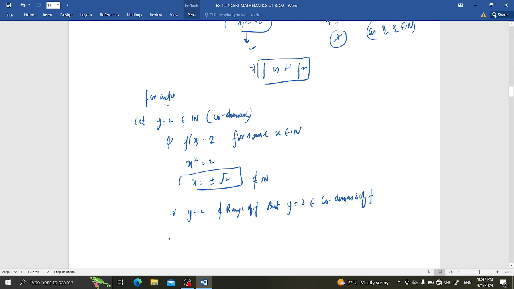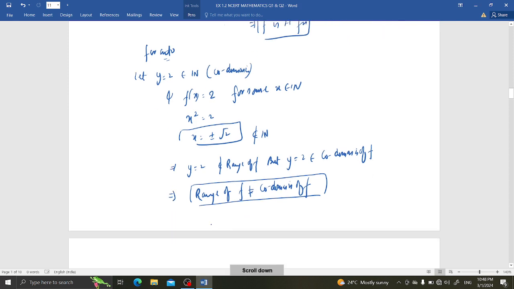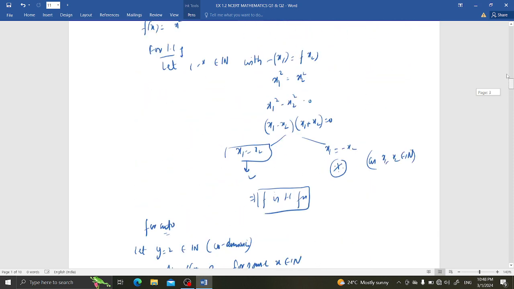Okay, implies that range of f is not equal to codomain of f, implies that f is not onto. Done? Next thing we have,